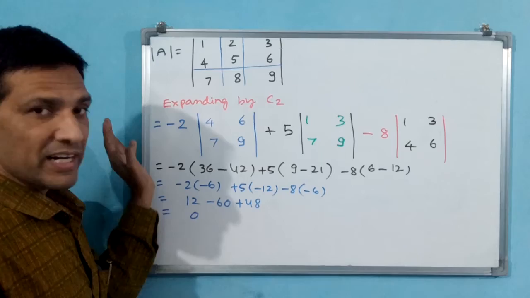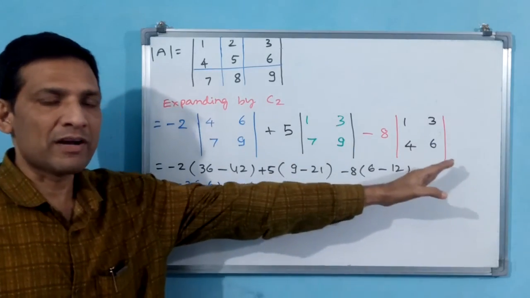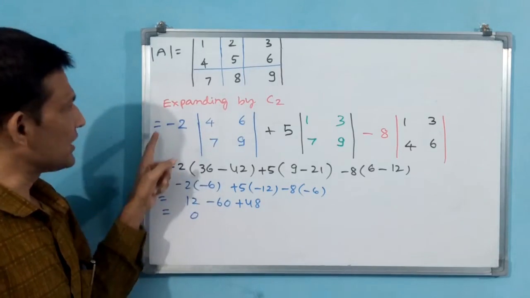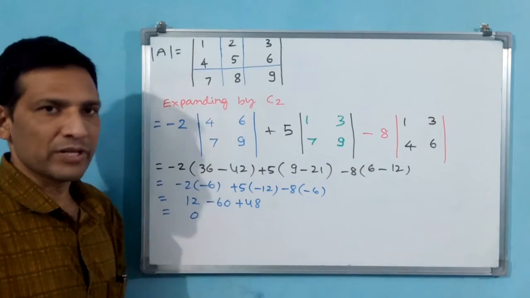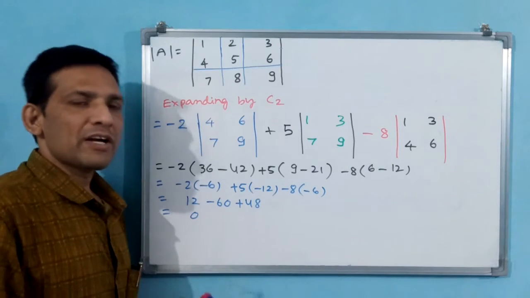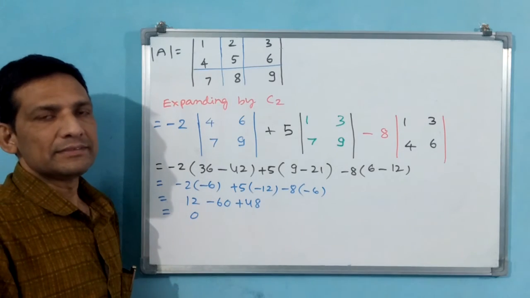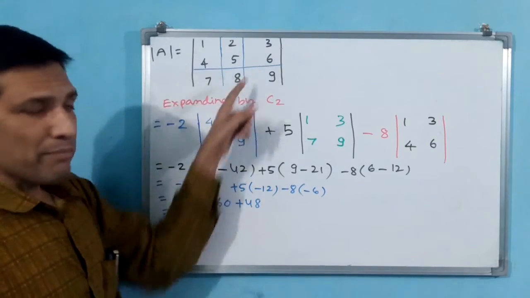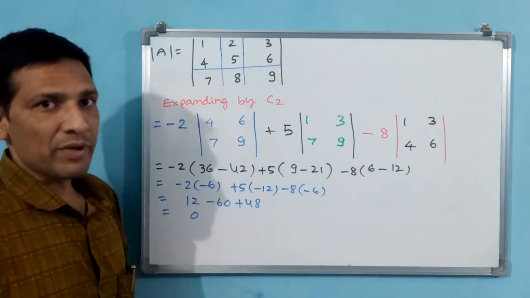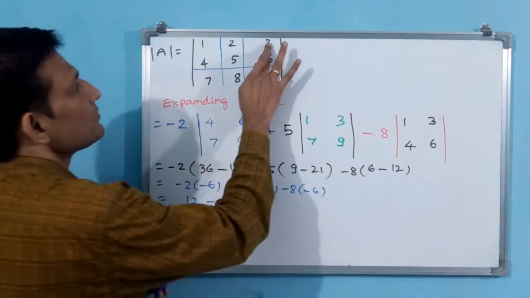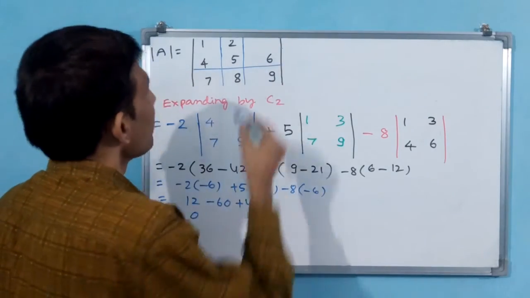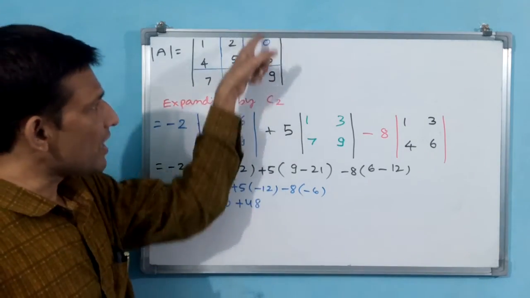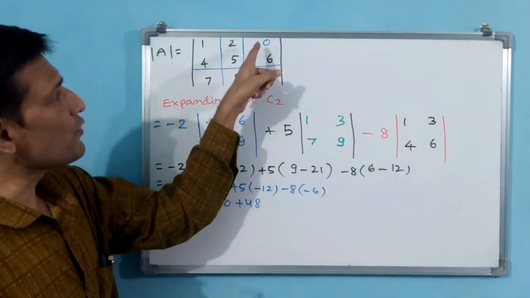Why? Because see, for generalized form, I have explained with R1, row 1. And for practical example, I have explained with column 2, expanding by C2, column 2. Anything you can take. But which one you take, how you are going to decide? One logic is there. You see, in these numbers, if any 0 is there means, see here is 0, then you take by R1 or C3. Why? Because see, you are going to save one operation.